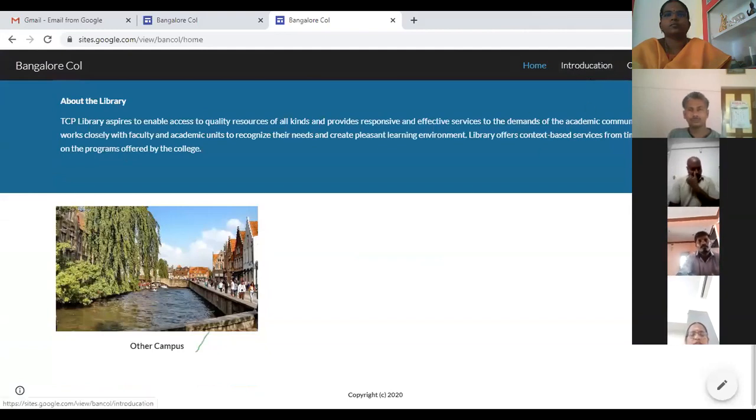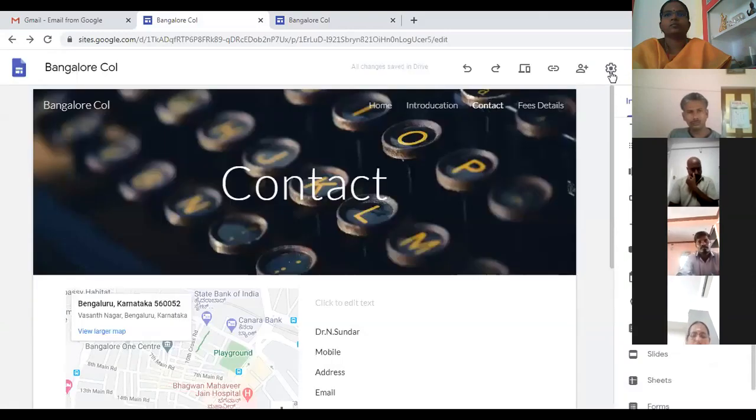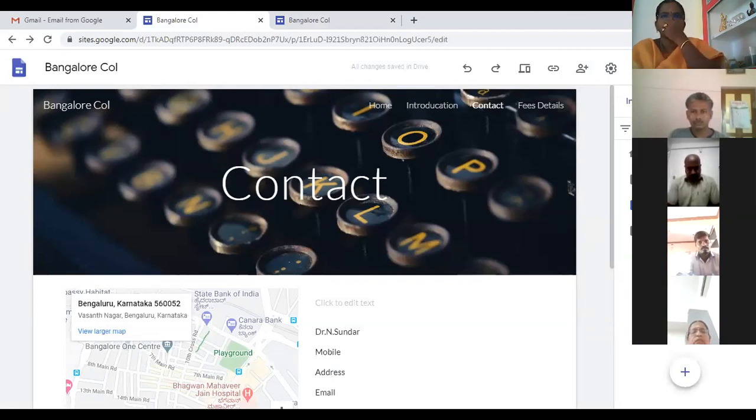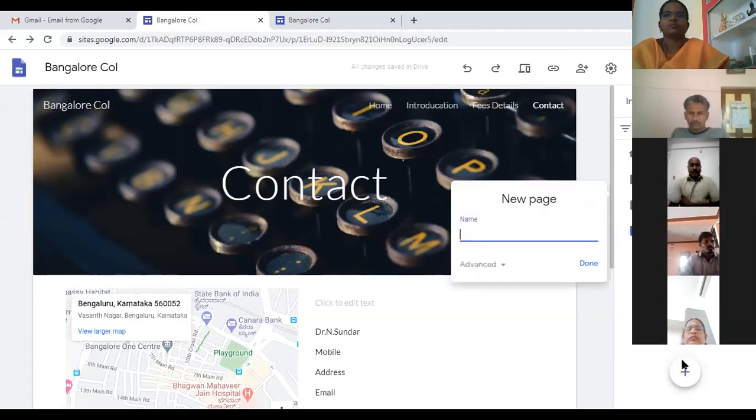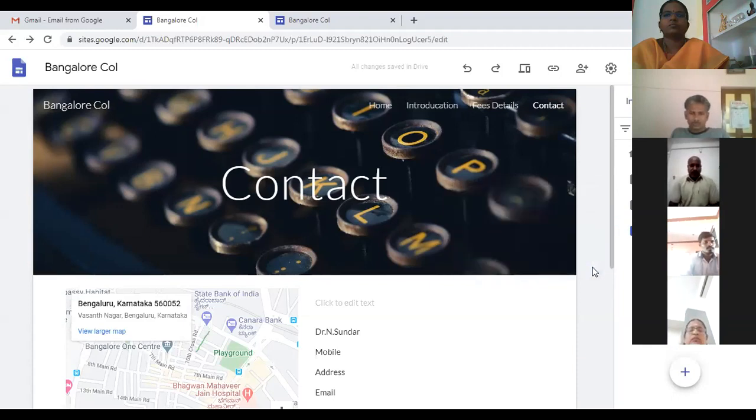So this is what. Let me show you some other options, adding the videos. Go to the page. See this, you can change any order. For example, contact has to come at the bottom. You just select and drag down. Page fees, if you want to move it to second, you can select. It will be changing easily. So these are the options. I'm going to add one more new page, fifth page. For example, about us, something. Later you can change. Now I'm in the fifth page.